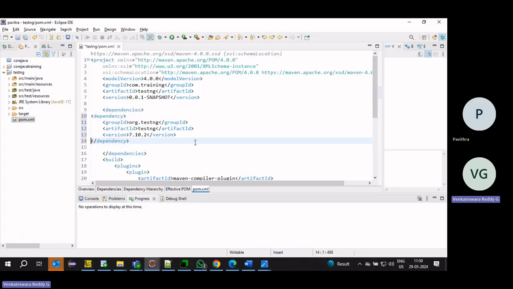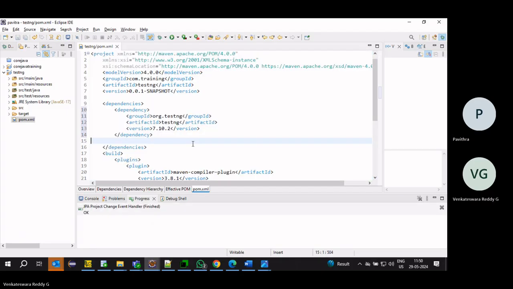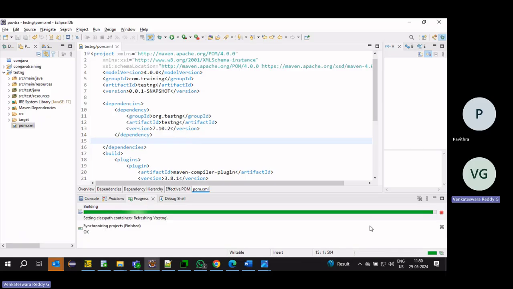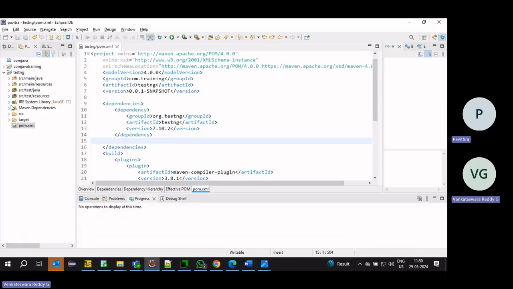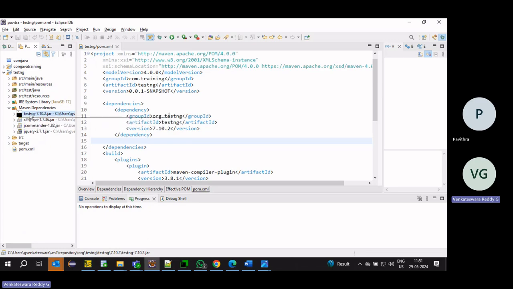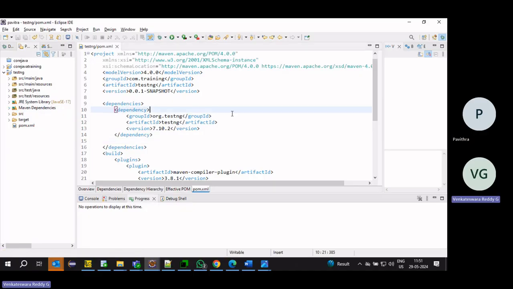Remove the scope tag. If you save it, it will automatically download and add to our project. Under Maven Dependencies, TestNG is added. The remaining jars are internal dependencies of TestNG. For now, this is fine.